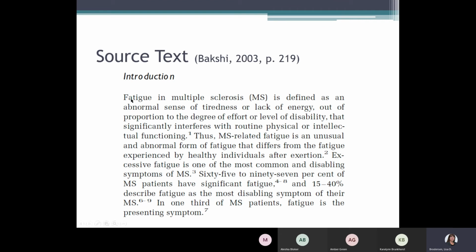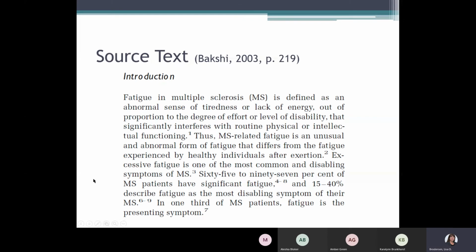Now this is actually a clip from that article. So it's a clip from the introduction of Bakshi's 2003 publication. Okay, and the clip says fatigue in multiple sclerosis is defined as an abnormal sense of tiredness or lack of energy, out of proportion to degree of effort, disability, significantly interferes with routine physical or intellectual functioning. And then we see a superscript 1 there. So we know that this first sentence,